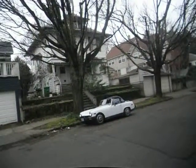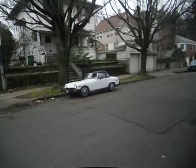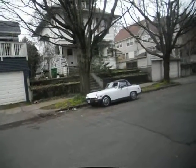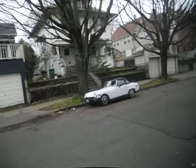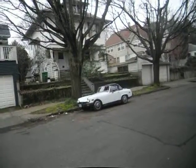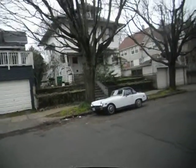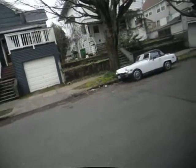This is on Hoyt Street or Irving Street. Just off between 28th and 29th here. I don't know if this is 28th Place or it'd be 28th, 29th. Could be 30th, because I can tell this looks like a wider than usual street. But anyway, an MG Midget, and it